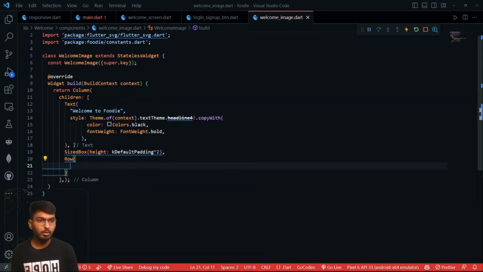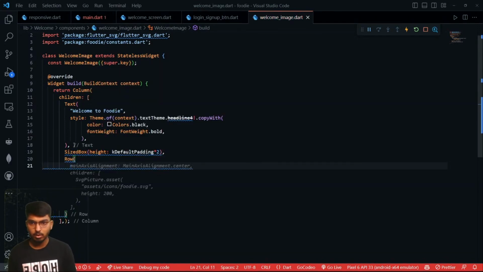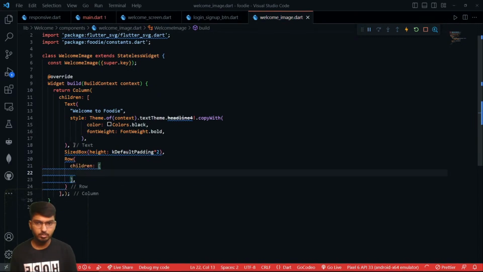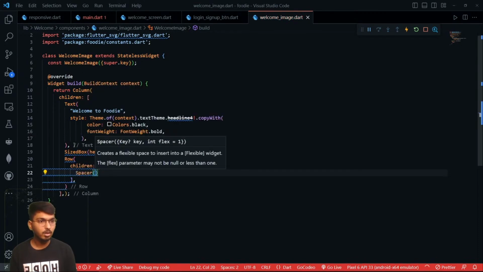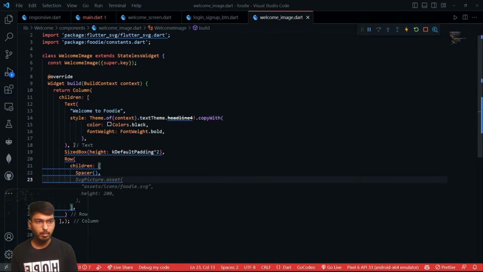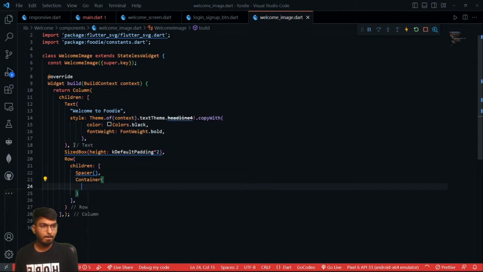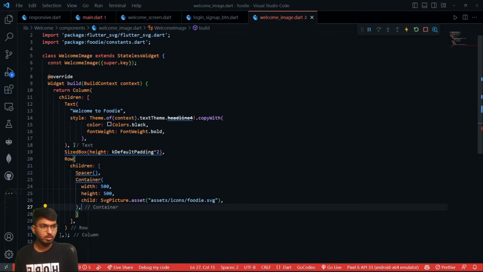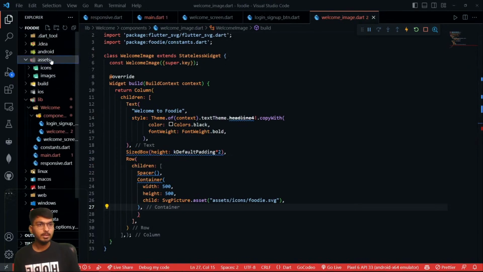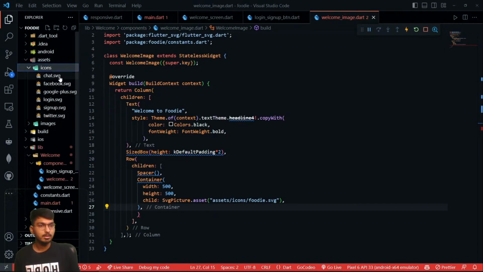Now after this, I have to create a row, and inside of this row, we are going to create a children, and this children will be firstly having a spacer. The spacer will do and spaces. In this is a spacer. Then I'm going to write an image, okay, and that image will be in a container. Container like this. So inside this assets, under assets, it has icons, and inside the icons, it should be